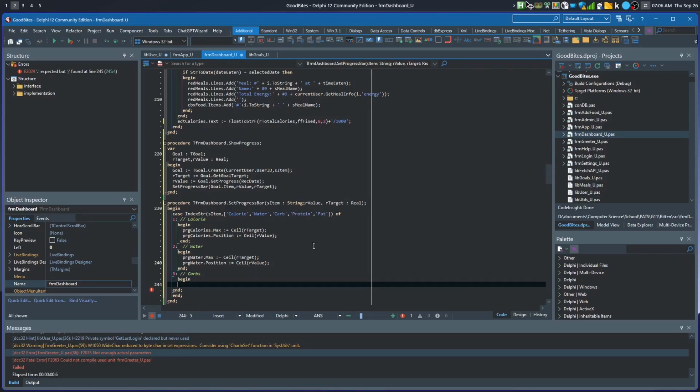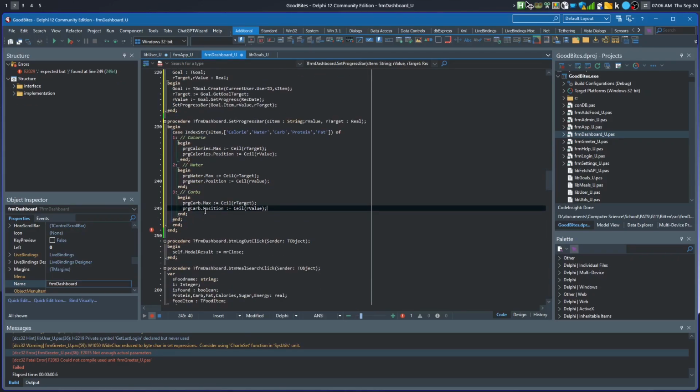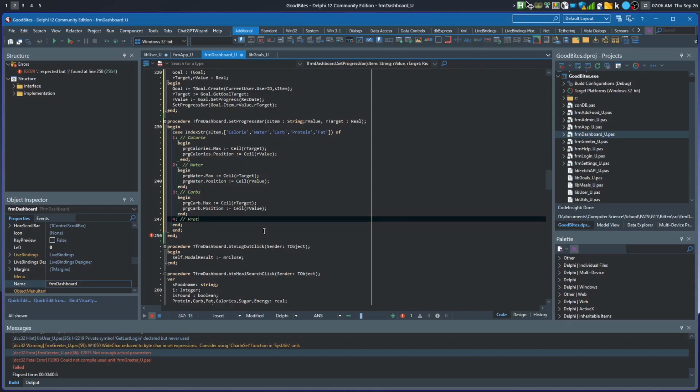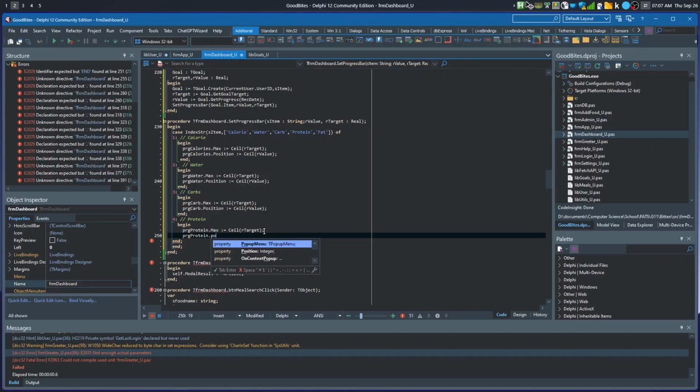So carbs, again, I do think there may be a better way of doing this, but this is the way that I have found would probably work the best. So let me say seal. Let me just keep doing this over and over again. Dot vision. So seal, then dot position,